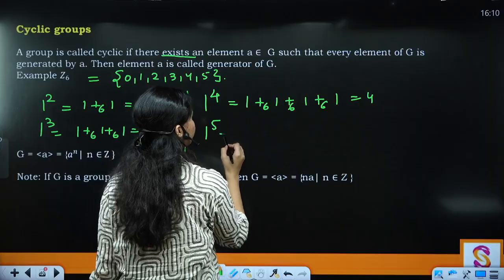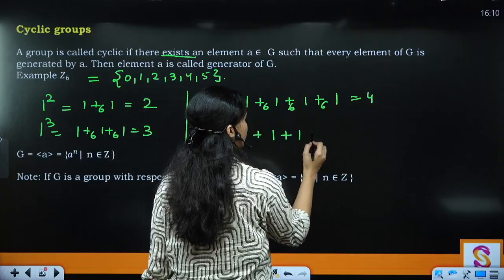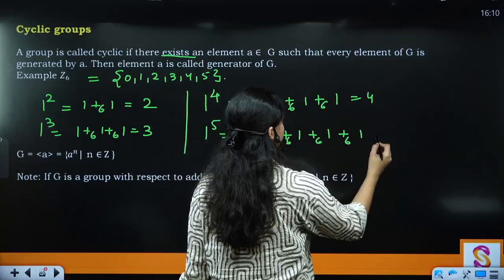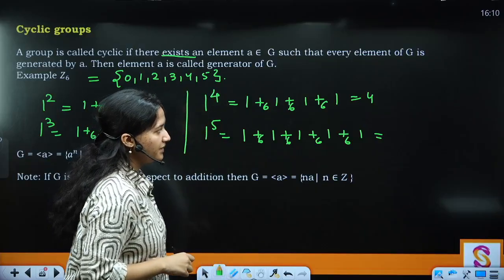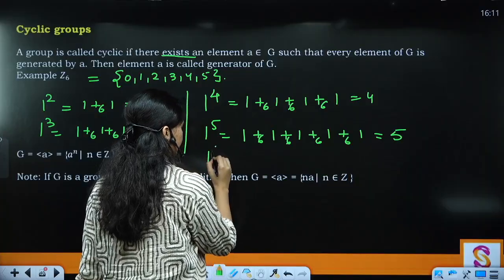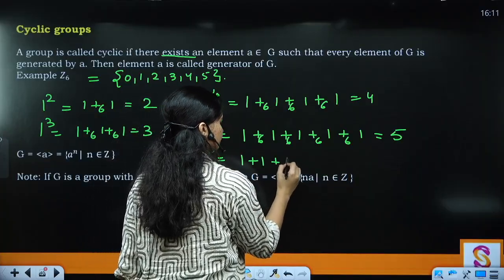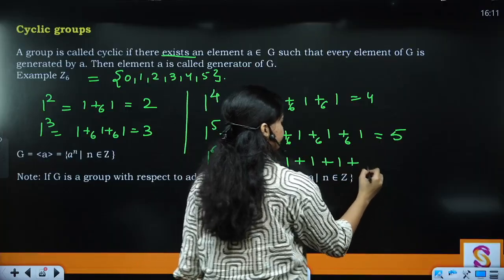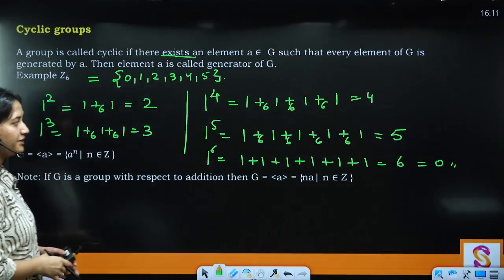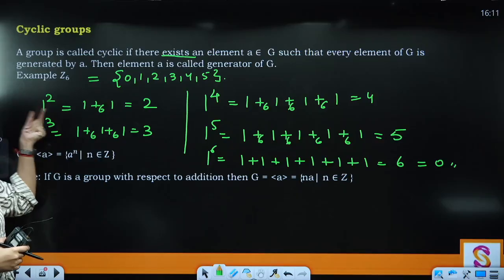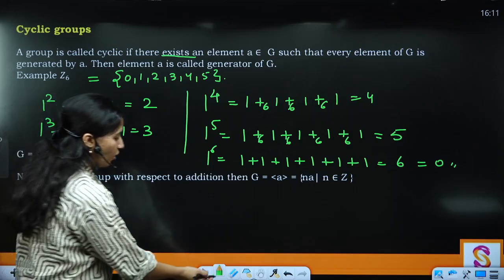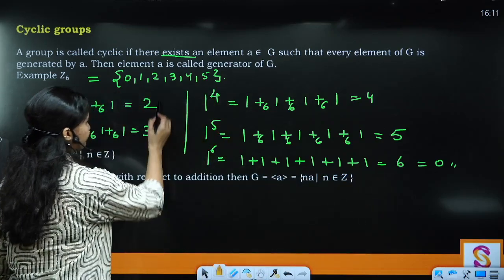Now 1 raised to the power 5 equals 1 plus 1 plus 1 plus 1 plus 1, so this is going to give me 5, and finally when I operate it 6 times, that is 6, which is addition modulus again. So when I operated 1, 2 times, 3 times, 4 times, 5 times and 6 times, it generated all the elements of the group